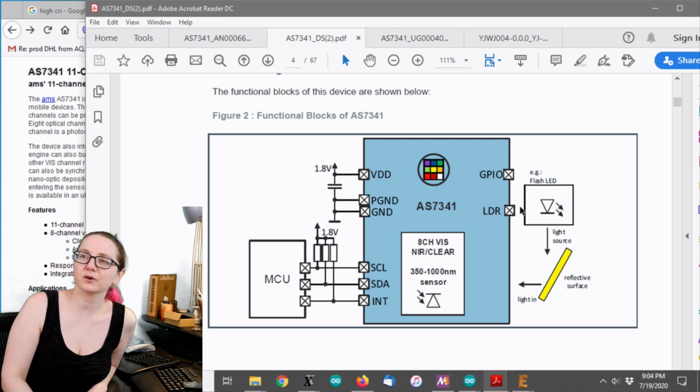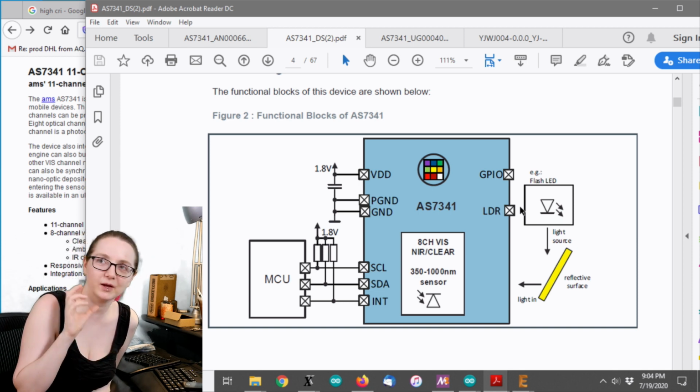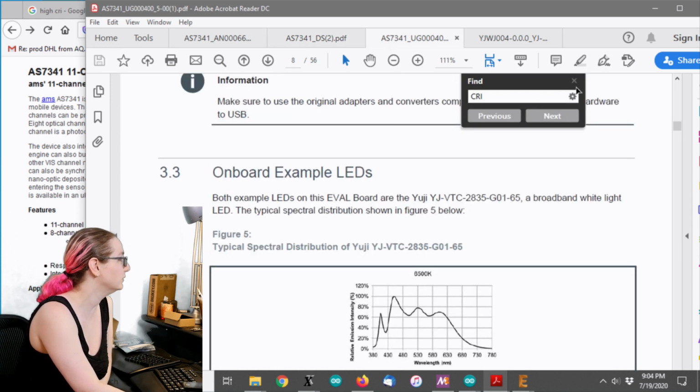There's a lot of Kickstarters and other crowdfunding projects where you would hold a color sensor up to an apple, and it would say, this is an apple, and it has 50 calories. I don't know if you remember that, but they were using spectral sensors like this one. Okay. Yeah. Anyways, so if you look at the user guide,